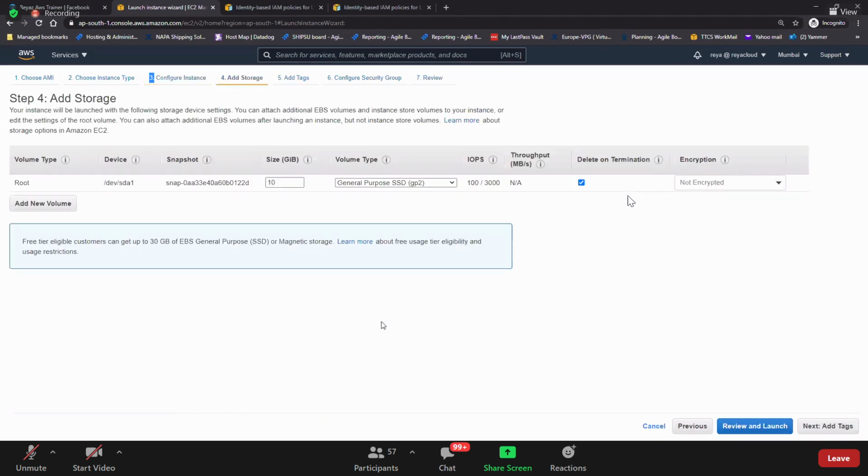Click on next, add storage. Do you remember what the default volume is called? Root volume. Root volume, what is the device name for the root volume? /dev/sda1. Volumes are created from where?